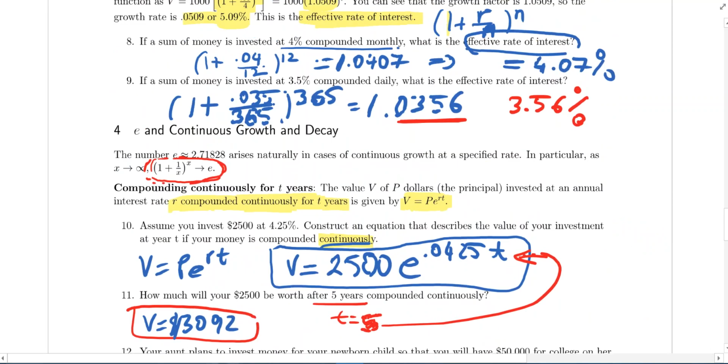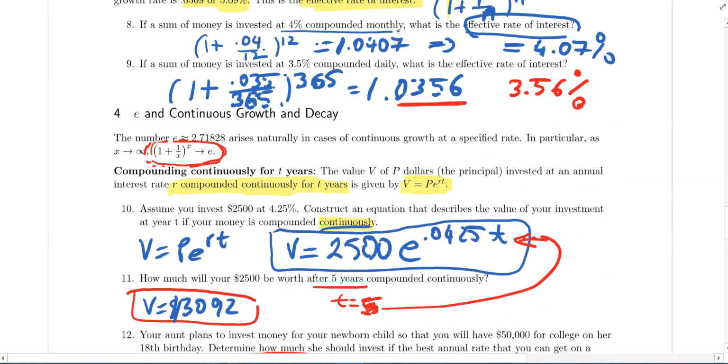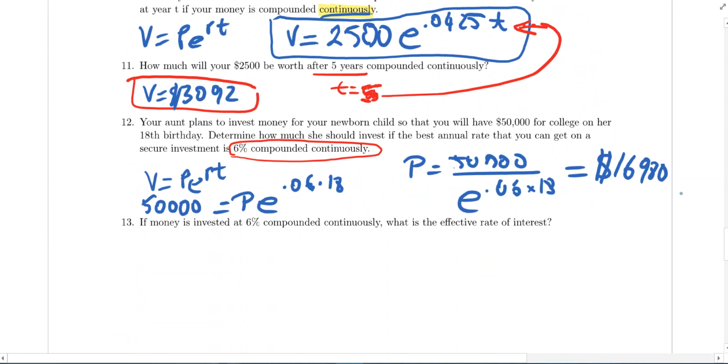Let's see what it was. It was 19,073 when it was compounded annually. When it was compounded monthly, it was 24. So when it's compounded continuously, it's almost 17,000. So it's slightly better. For number 13, if money is invested at 6% compounded continuously, what is the